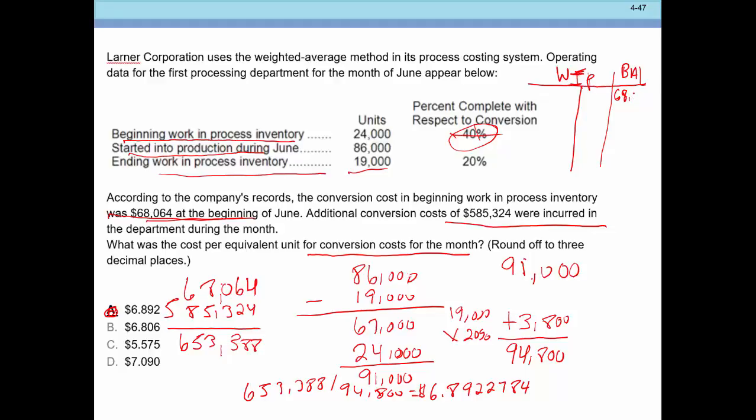68,064, right? Okay, cool. I got that. 68,064. And then they told me that I added what in cost for the period? 585,324. And when I add those in, I come to that total now, which I've already calculated to be